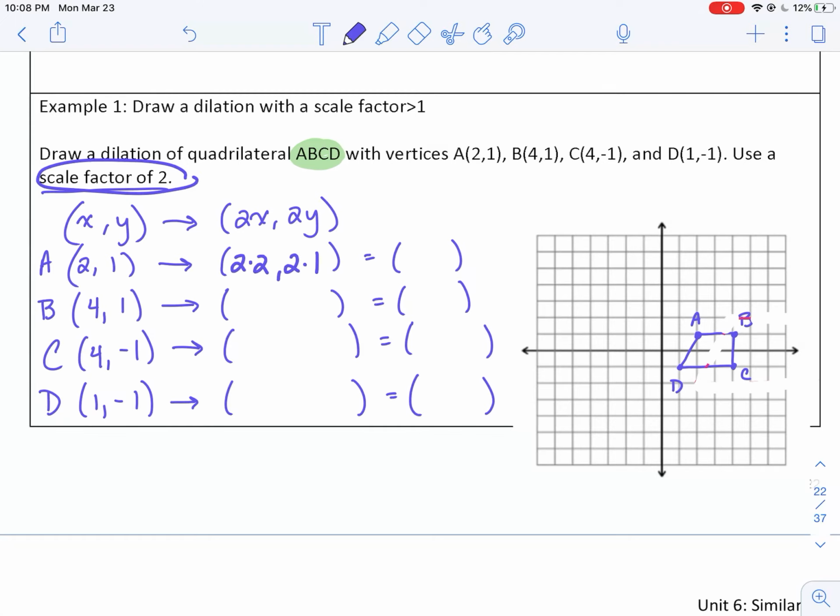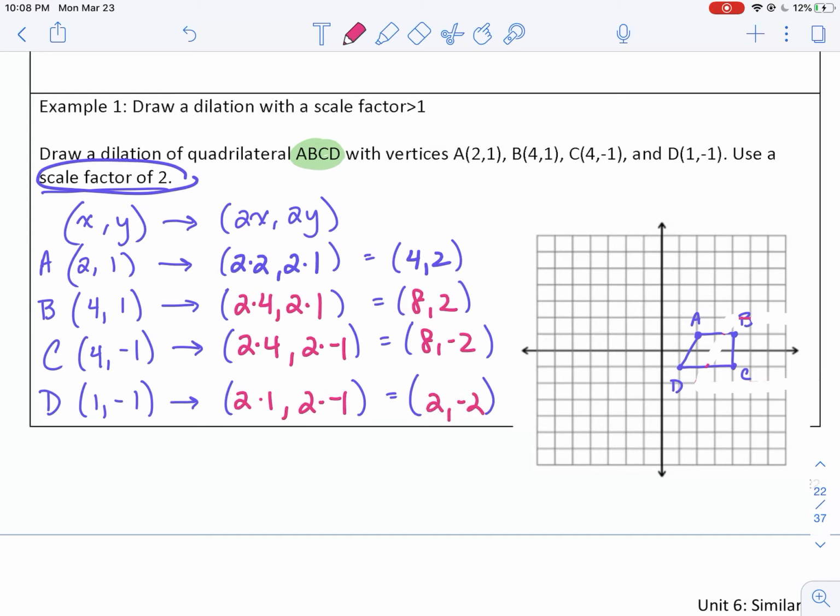So 2 times 2, comma, 2 times 1, which gets us 4, 2. Then we have 2 times 4, 2 times 1, which gets us 8, 2. 2 times 4 again, 2 times negative 1, 8, negative 2. 2 times 1, 2 times negative 1, so 2,